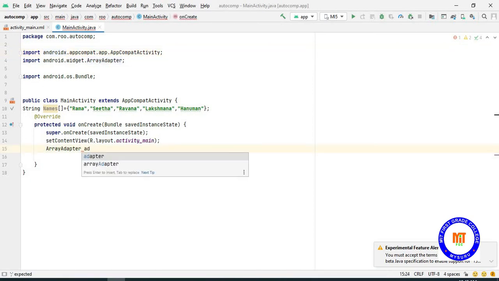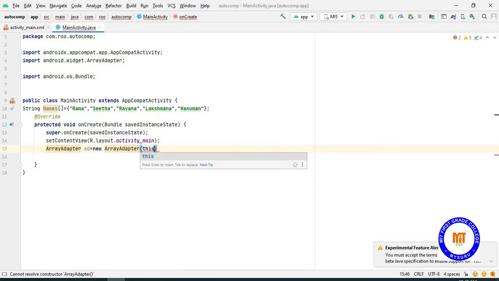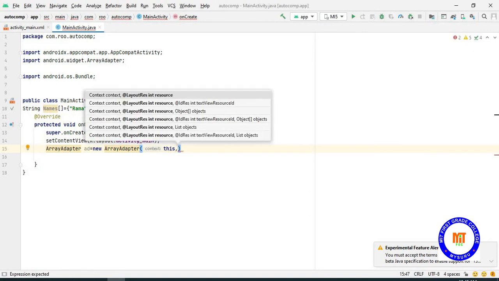Then AD equals, here ArrayAdapter is a data type, AD is a variable, ArrayAdapter AD equals new ArrayAdapter. This will have 3 parameters. First one is this, which refers to this particular class.